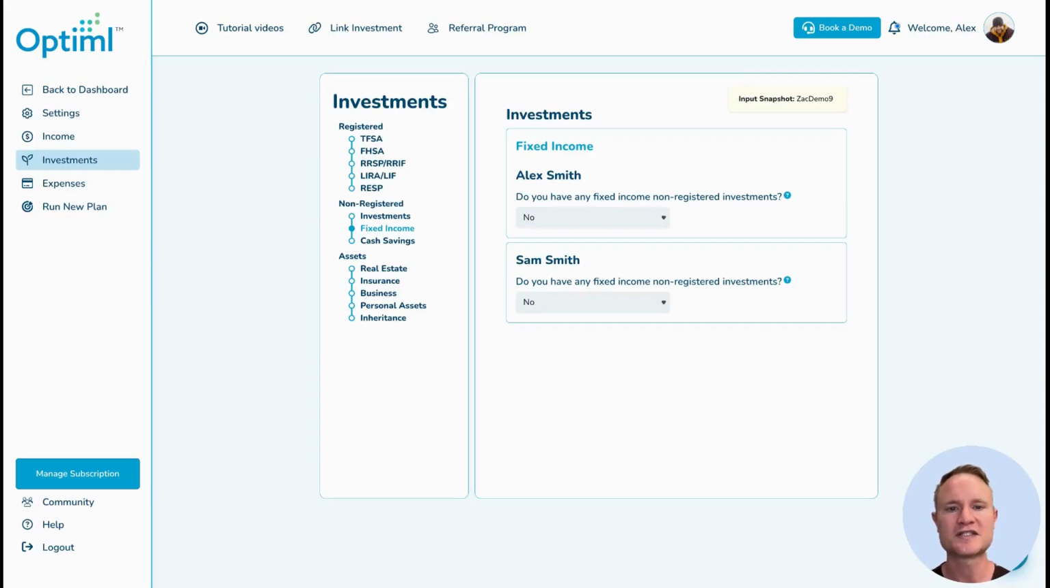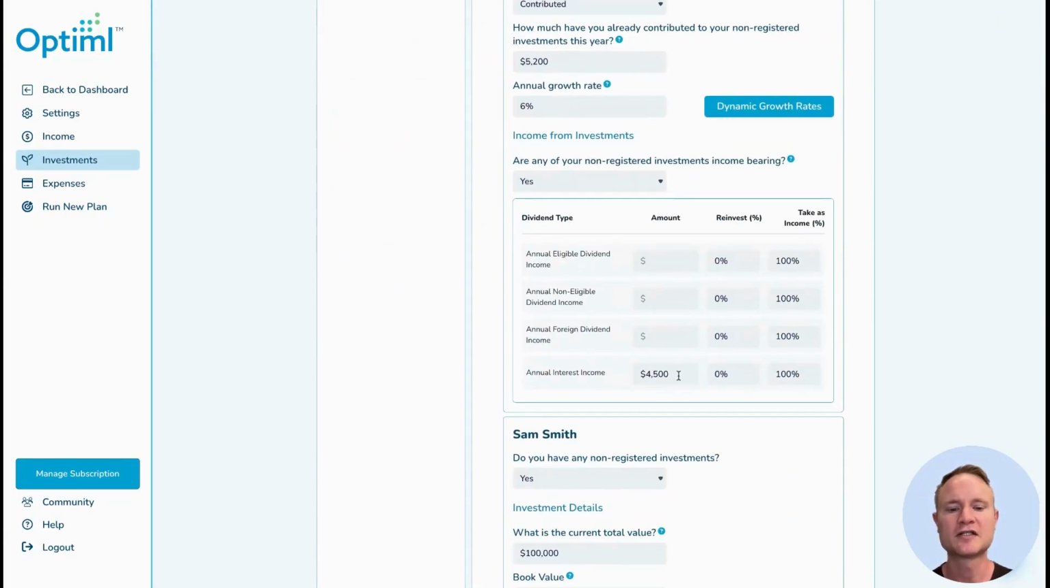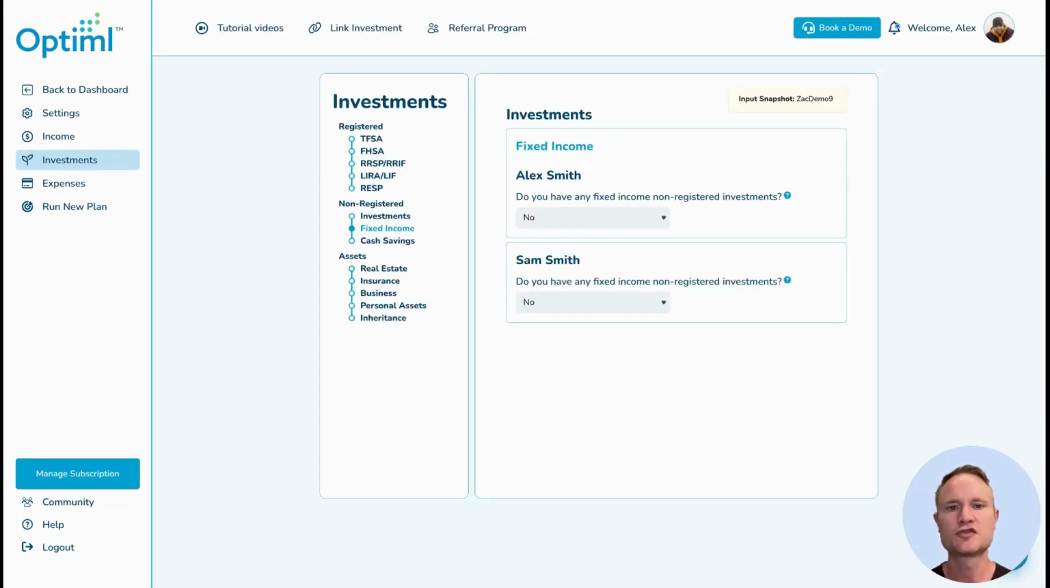as GICs and bonds. If part of your non-registered portfolio is just made up of annual interest income, then you can add that on the non-registered investments page and clearly indicate how much you receive in annual interest income. If you do have individual GICs and bonds you want to accurately track in Optiml, you can indicate yes and